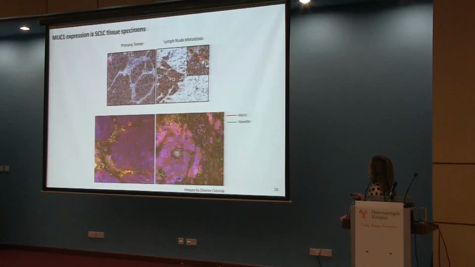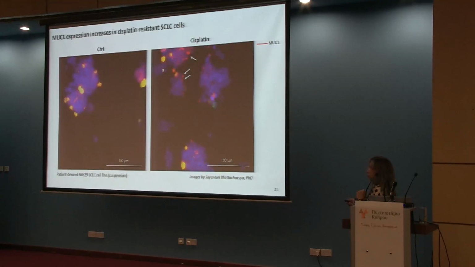This is immunofluorescence staining of the same patient specimens. You see MUC1 is there, it's an epithelial marker, but in the lymph node metastases, it's way higher, and you also have vimentin. Again, talking about that MET state that we had defined in the non-small cell lung cancer. We also saw